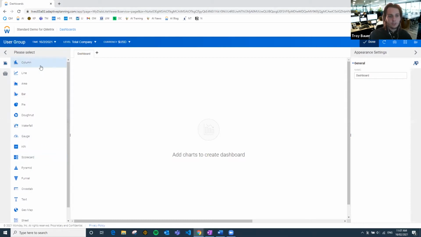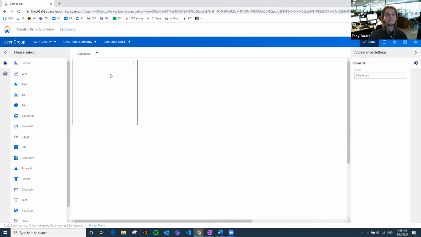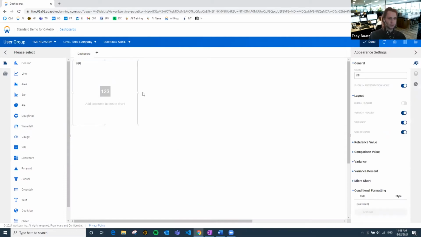And I'm just going to work through 3 different graphics that can highlight a forecast to budget variance. So the first one we want to bring out is what's called a KPI. And from my graphics list here, it's about halfway down. I'm going to drag that out into the canvas here. So this graphic's really good for showing high level data for a single period, whether it be a month or a year or anything like that. And we're going to use an account of revenue to display that and show a forecasted budget variation.